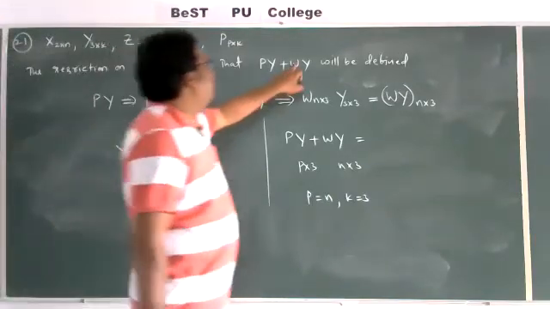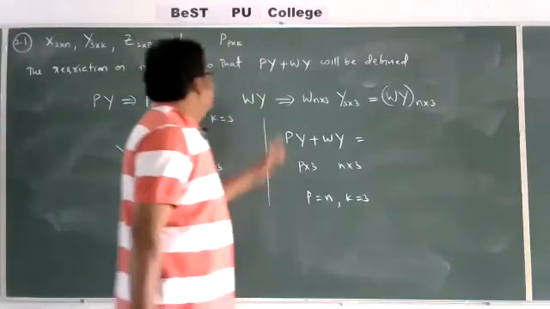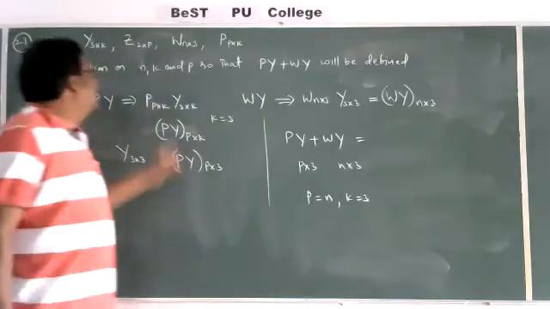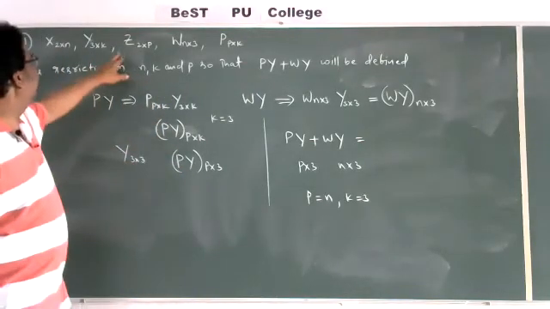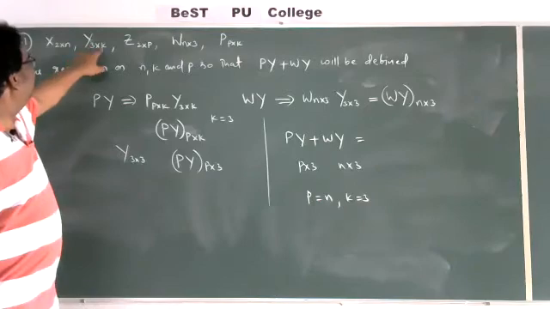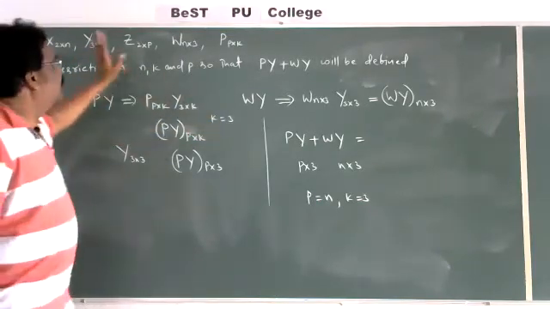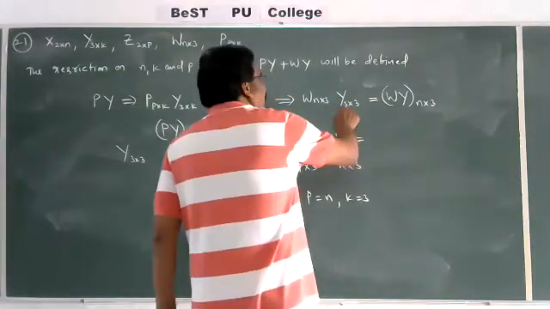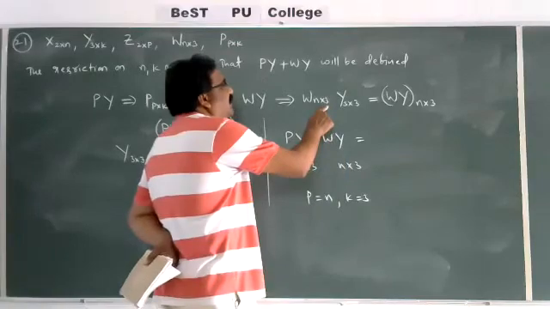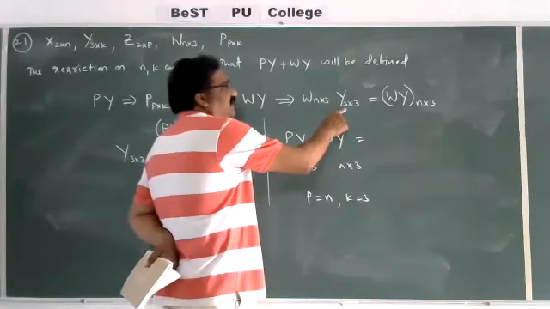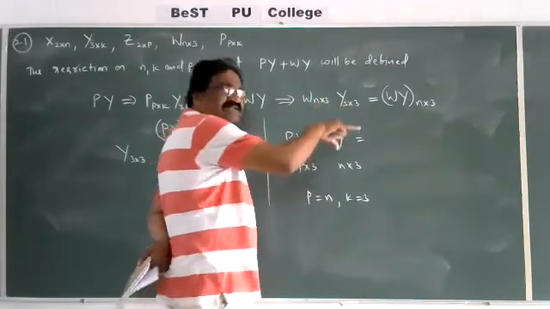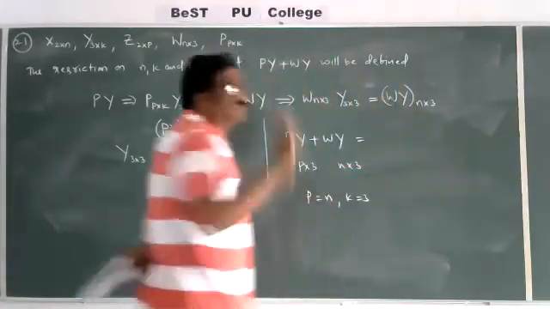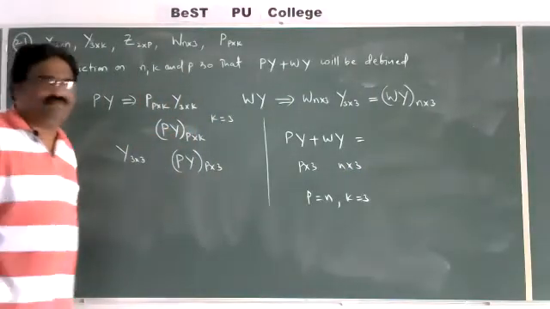Next, we want to define Wy. So W is an n by 3 matrix. Y is a 3 by 3 matrix. Y is already a 3 by K matrix, and already we get K is equal to 3. That's why Y is a 3 by 3 matrix. Here, the number of columns is equal to the number of rows. The number of columns in W and the number of rows in Y are both equal. That's why the multiplication exists. The product exists. Then you get Wy as an n by 3 matrix.